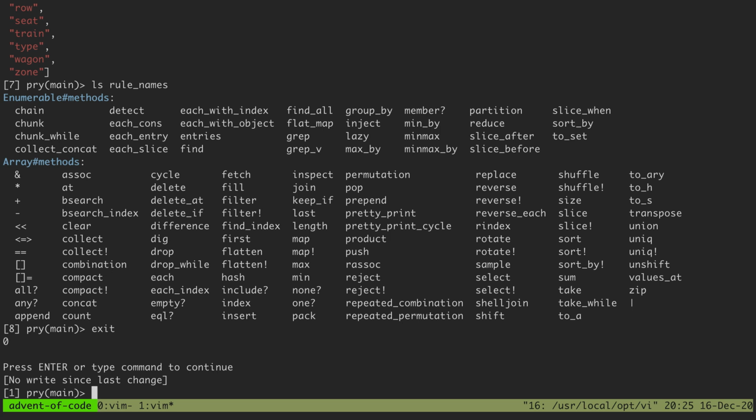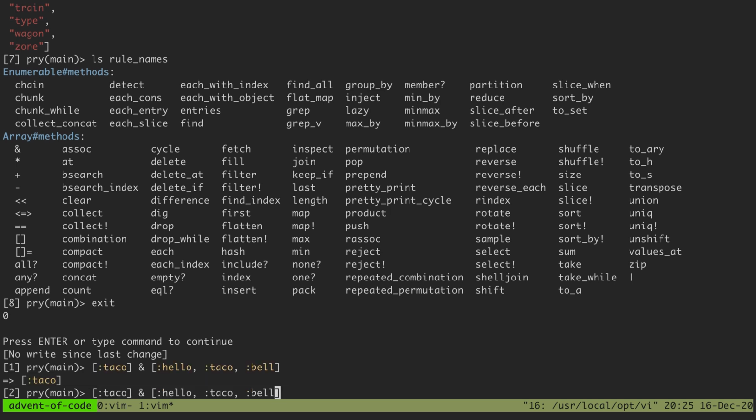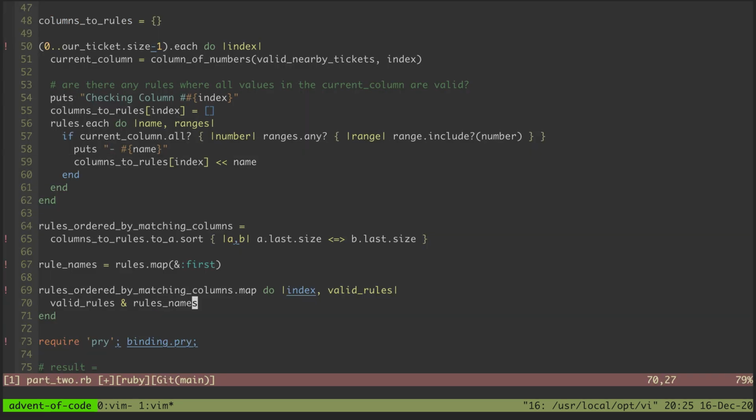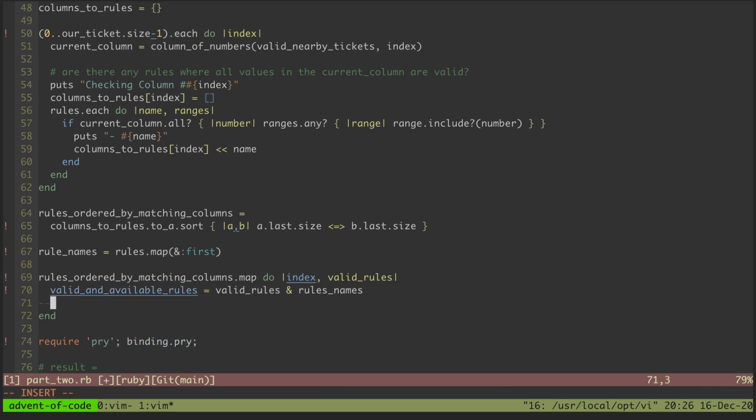Let's double check. So let's say we've got taco. Can we end that with hello taco bell? Yes. And if this contained margarita, we just get taco. Okay. So that and will work great. So valid and available rules, so what we're getting here should just be one. And so then we return,